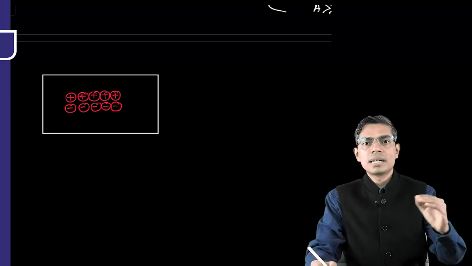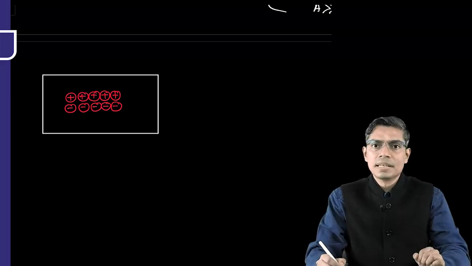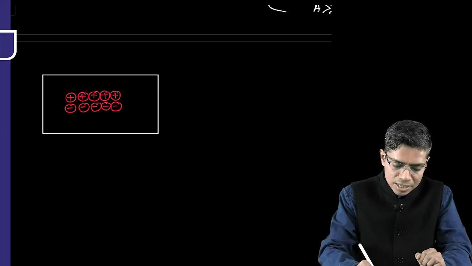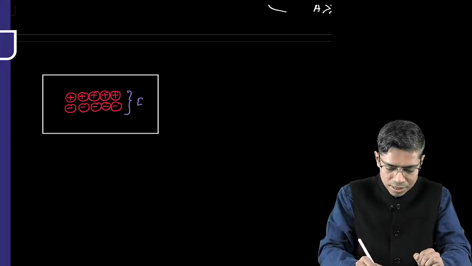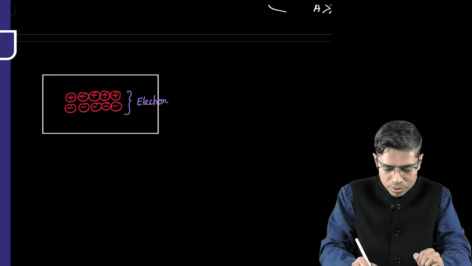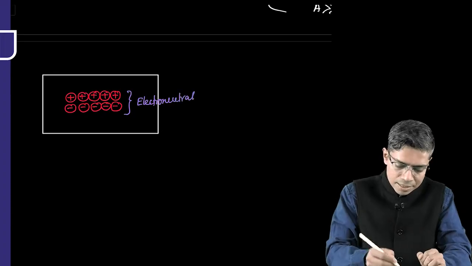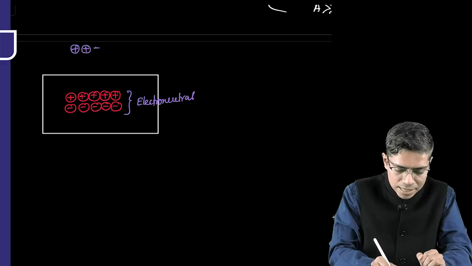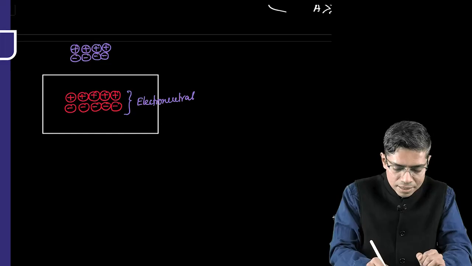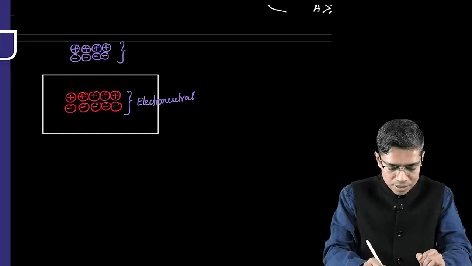We are just understanding the Donnan effect with respect to the cell. So if I look at the large portion of the intracellular fluid, it is electroneutral. Similarly, if I look at the extracellular fluid, again it will contain an equal number of positive and negative charges, meaning the ECF is also